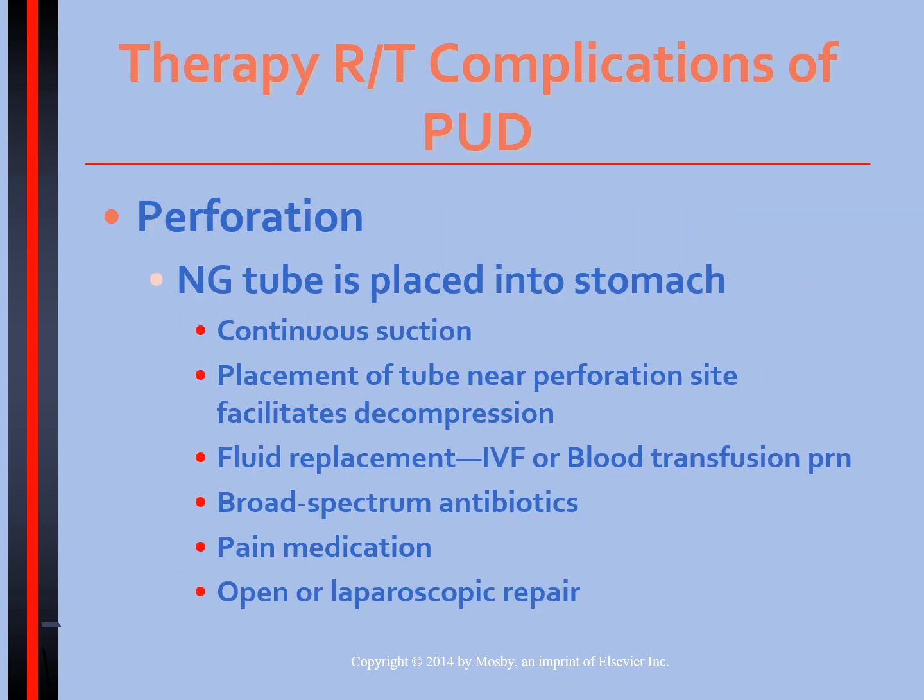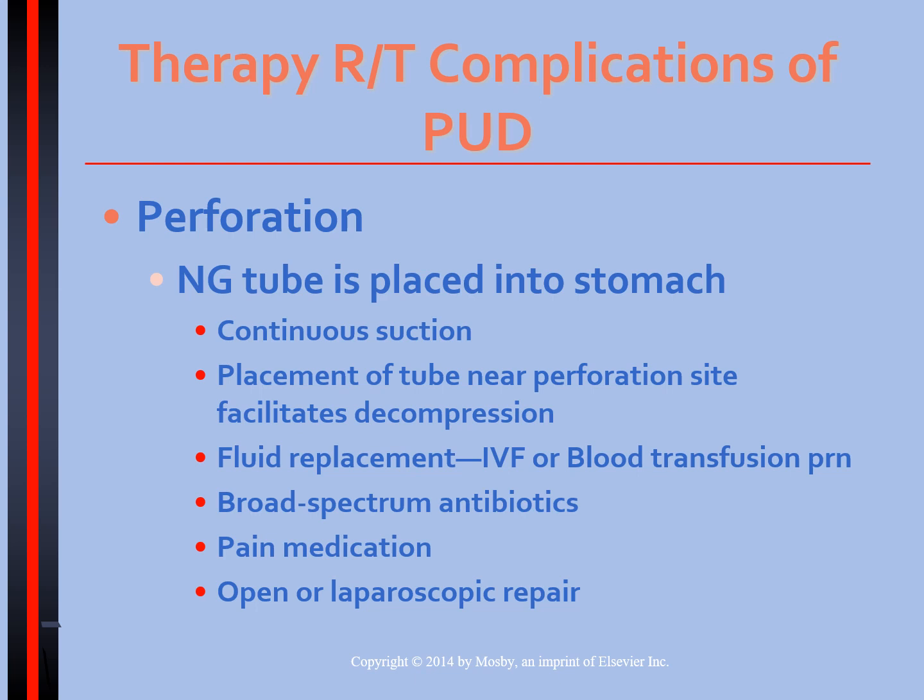Therapy for perforation: an NG tube is placed into the stomach. We're going to continuously suction out. That placement of the tube near the perforation site really facilitates decompression, which helps with that rigid, board-like abdomen. We're going to look at fluid replacement when it comes to that third spacing, IV fluid, or blood transfusion as